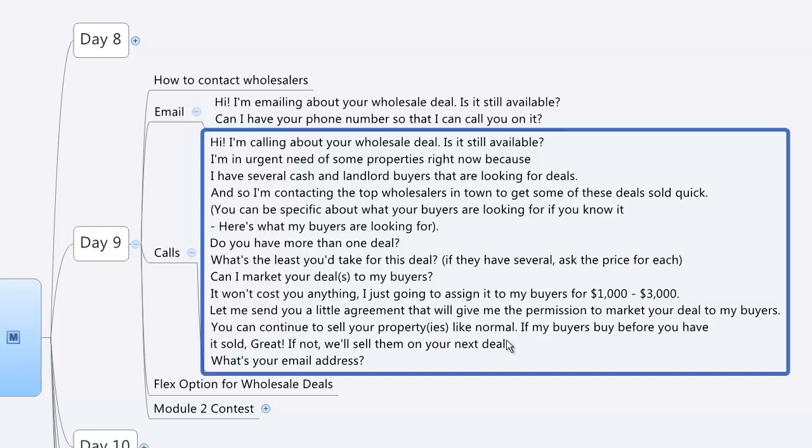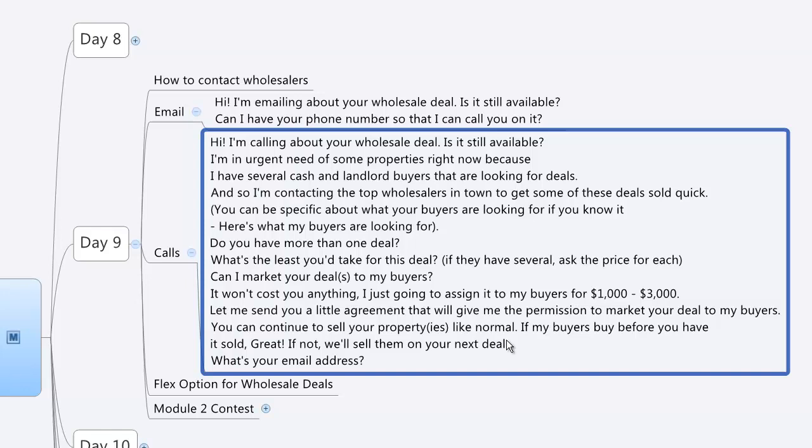And so if you're not licensed, and the wholesaler is not willing to sign the flex option with you, then it's up to you how you want to move forward. This is not meant to be any legal advice or any kind of quote unquote professional advice. I'm just going to share with you what I would do. Okay,